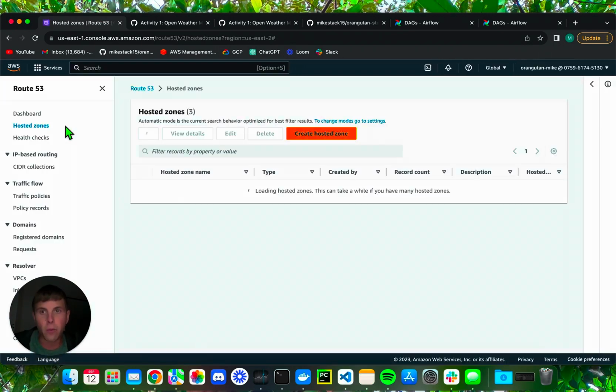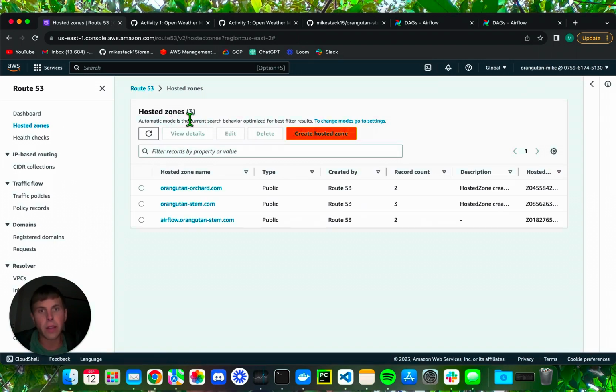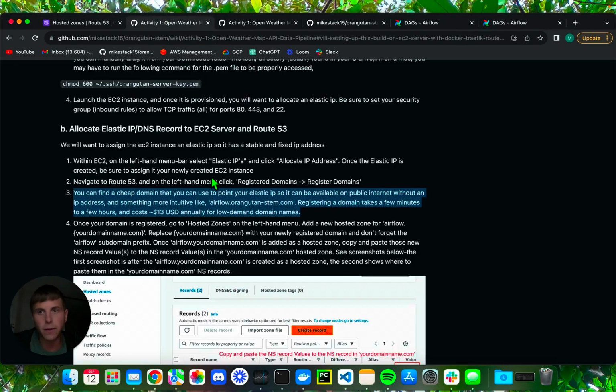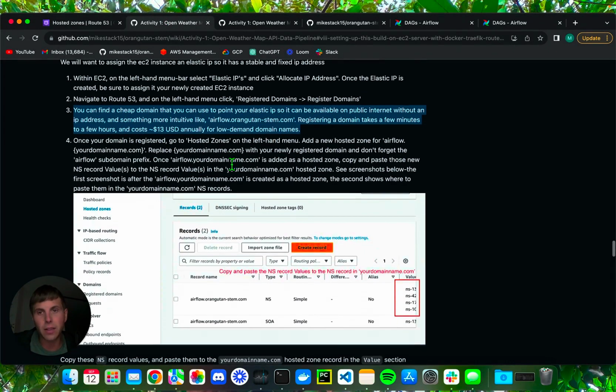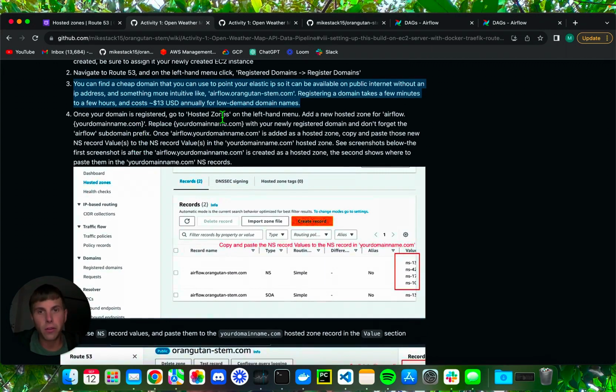So when it is ready, you'll go to hosted zones, and we'll go back to the wiki here just so we can follow along. So we register a domain. It's going to cost $13 annually, and it's billed and auto-renewed on the date that you register it. So I can expect another $13 to be added to my AWS bill for that orangutan-orchard.com domain next year. So the next step we're going to want to do is go to hosted zones on the left-hand menu